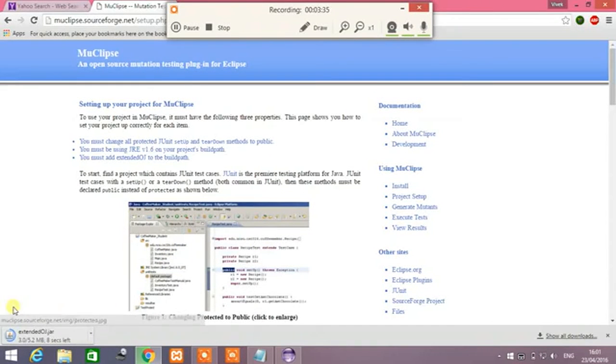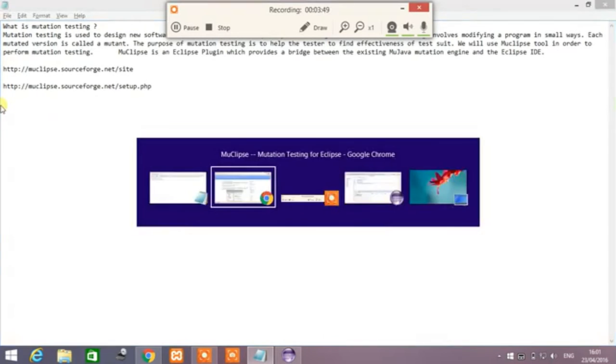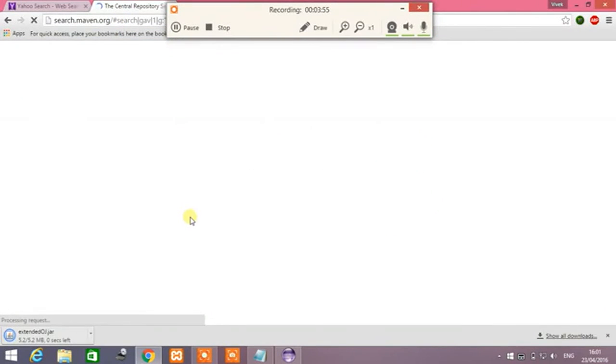The jar file will be downloaded automatically, and to download the second jar file, that is for JUnit, copy the third link given in the description. Copy it in one of the browsers. It will redirect you to various versions of JUnit.